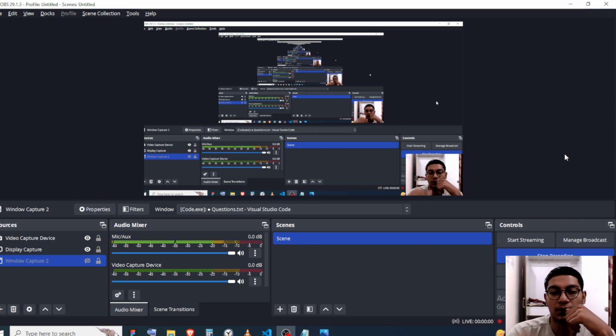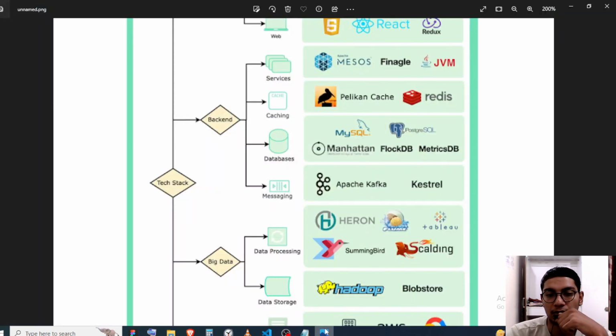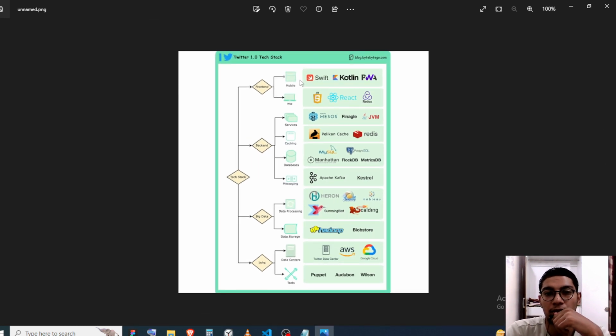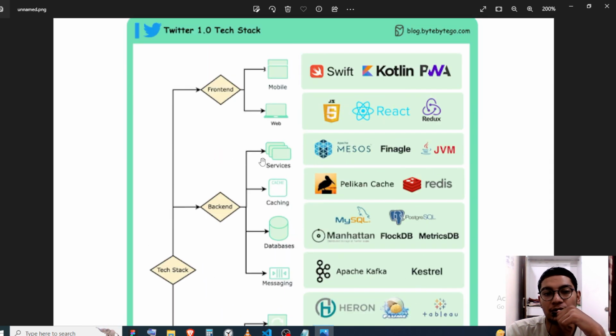Here, as you can see, I have found one image file which defines what tech stack has been used in Tutor 1.0, or the earlier version of Tutor. This tech stack was written down or published by the blog byte2go.com. And in today's video we are going to define what the different things in this image mean, like